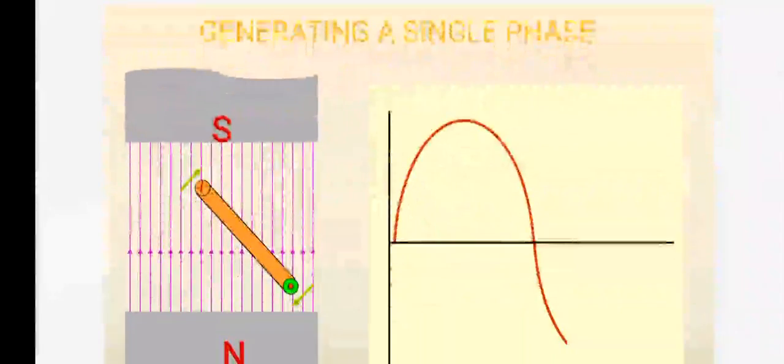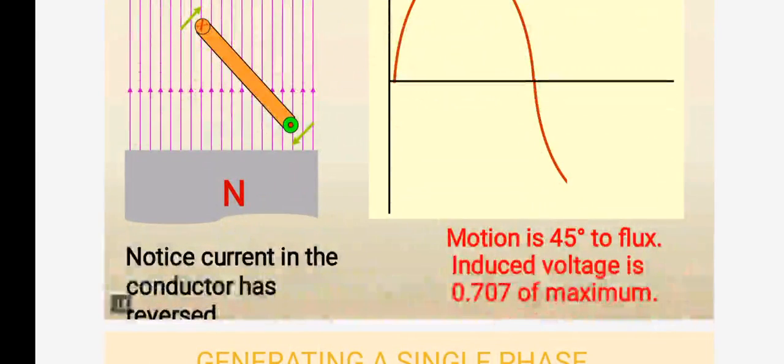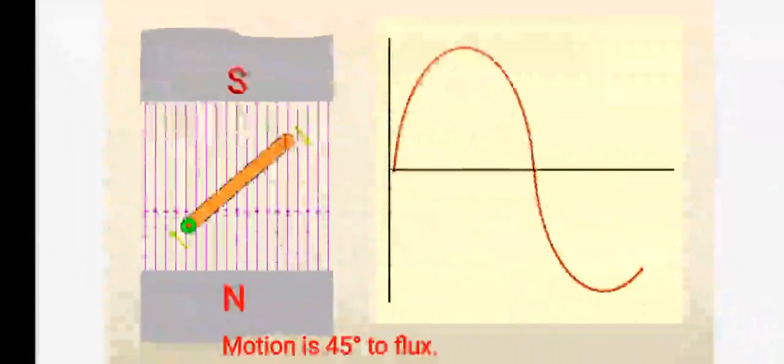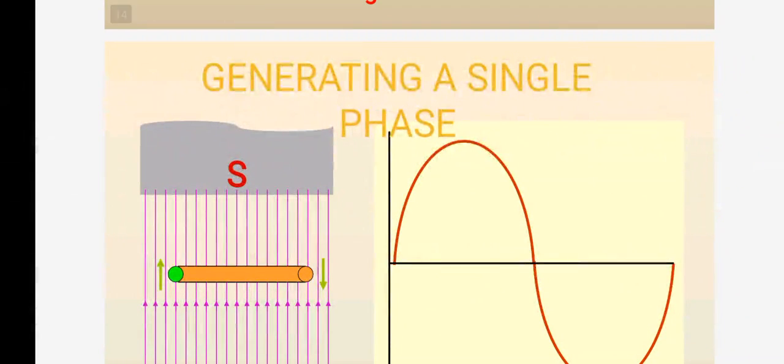Now it starts another rotation. Now it reaches the zero value. From zero, it goes to the positive maximum, and again it comes to zero. Now it starts to go to the negative maximum. You can see from the diagram that it goes to the negative peak and then comes back to zero. So one complete cycle is completed, generally called AC generation.